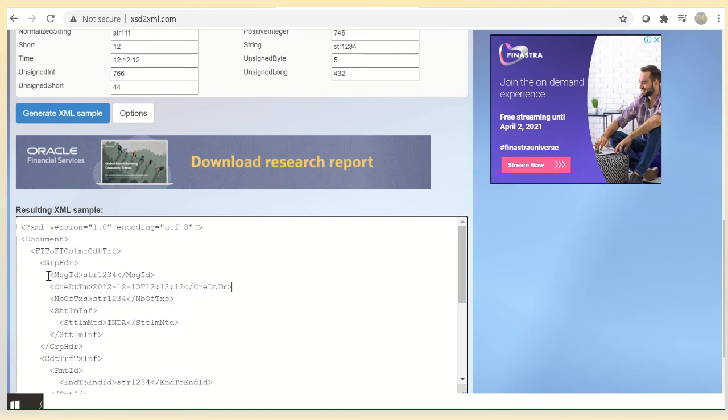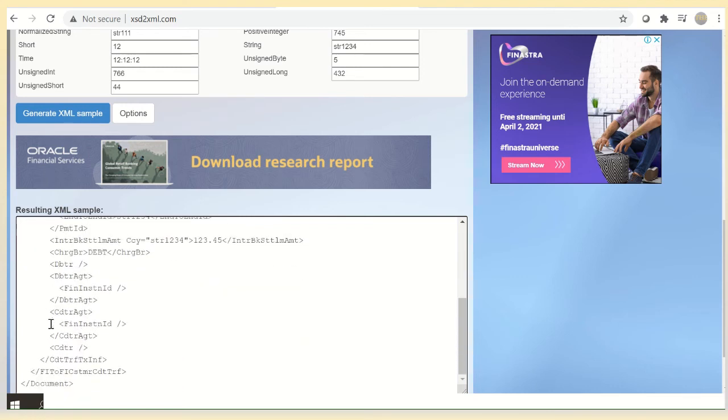For example, you have the header, you have got the message ID, you have got the creation date, the number of transactions in the XML, and obviously the most important ones, the debtor agent, the creditor, and the creditor agent. So this is how you can quickly convert any XSD to XML and start working on the PACS messages.